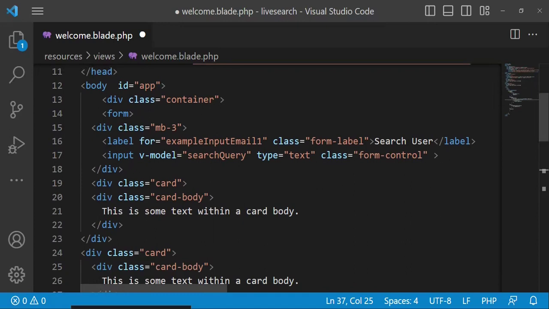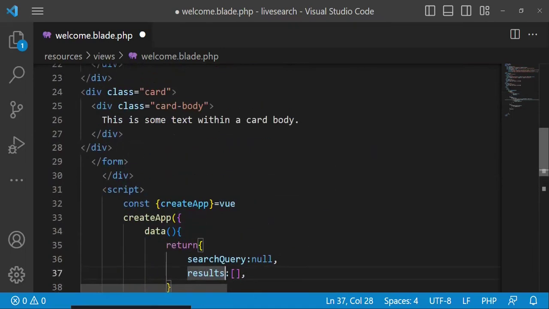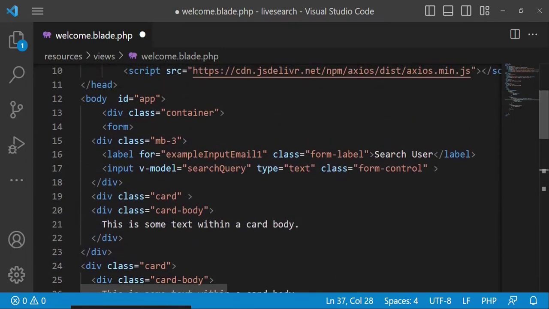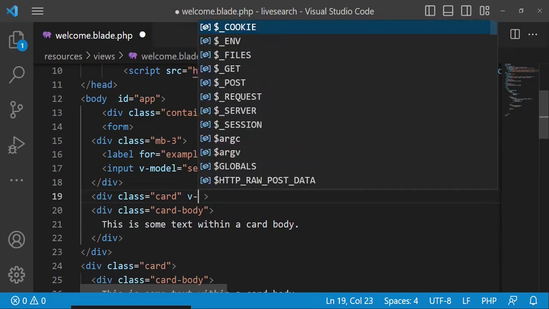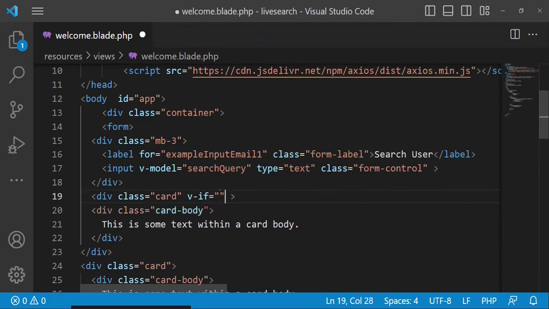So in this card we are going to check if the results variable here has anything inside. So I'm just going to check in the following manner. So we are going to view this card if results.length